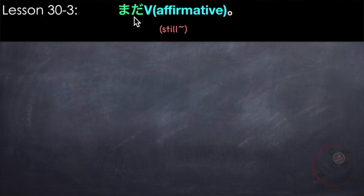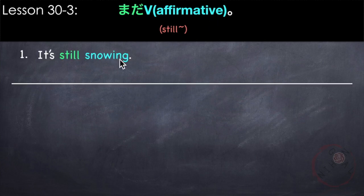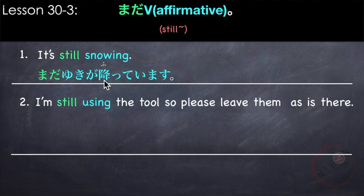次は is the word mada followed by verb, which means still doing something. Mada followed by verb in affirmative or positive form. For example, it's still snowing. Mada snowing is 雪が降ります or 降っています。まだ雪が降っています。